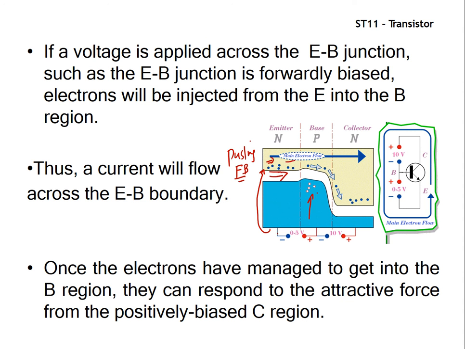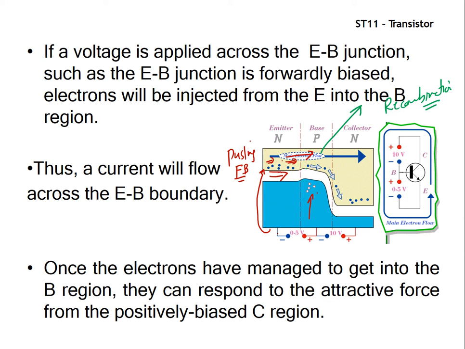The free electrons will start moving towards the junction side, and if the applied voltage is greater than the junction voltage, the junction will break, and these free electrons will enter the base. At the base, we have the free holes. Two things will happen: some of the electrons will combine with these holes, and recombination will happen.